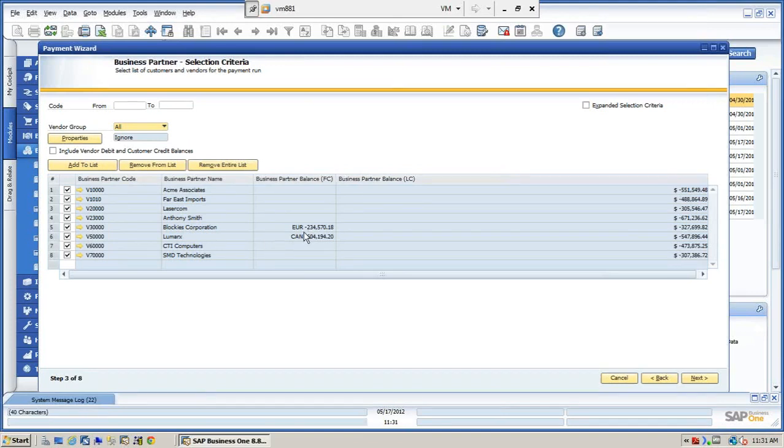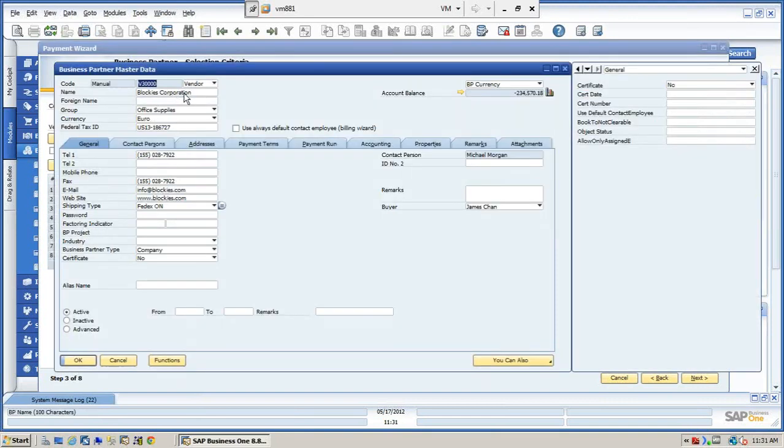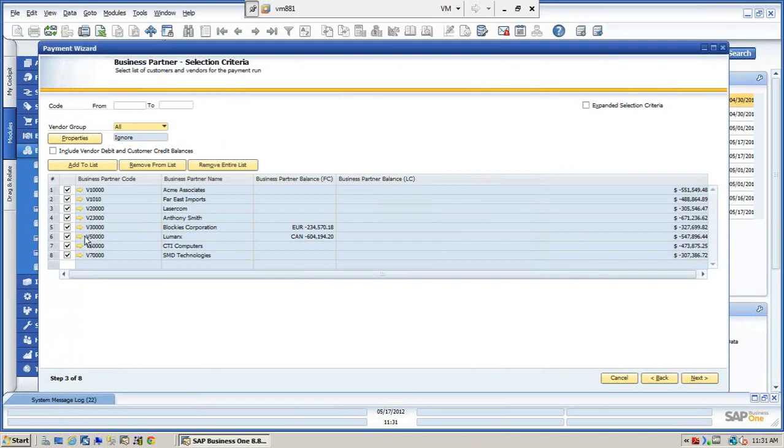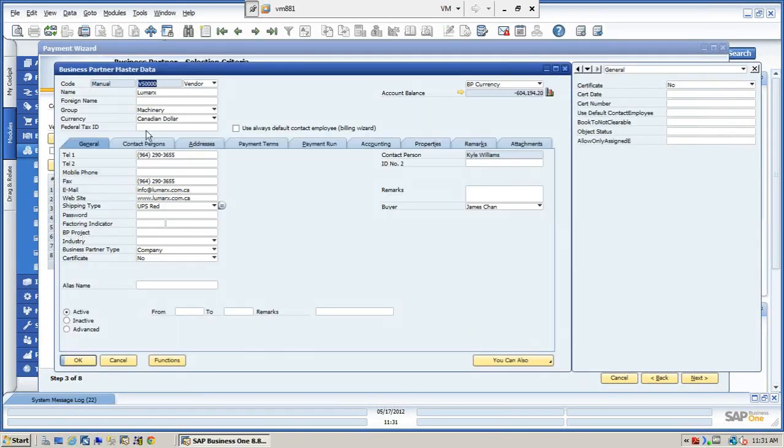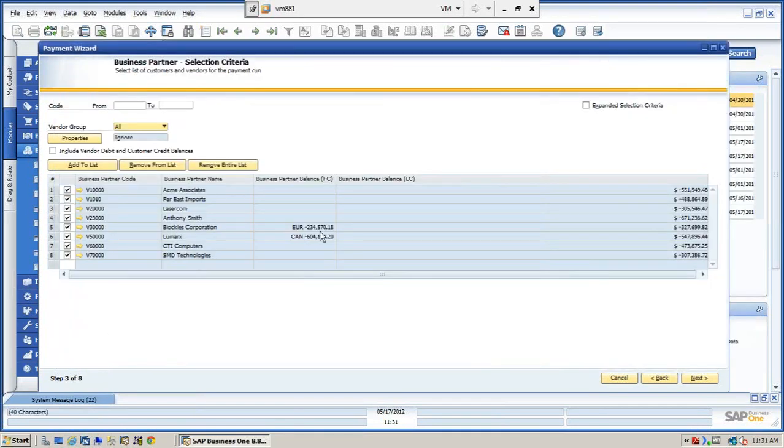So you're seeing right now it's picking up all the vendors with the corresponding total amounts that the vendors owe. You also have these two vendors which have some euro and Canadian foreign exchange. The FC is the foreign currency. The LC is the local currency for the business partners. So if you look here, under the business partner, under this vendor, his default currency is euros. Okay. And you can see here that for this vendor, we're using Canadian dollars. So you can see I'm going through a series of steps. I'm on step 3 of 8. So if I want, I could, let's say I'm just going to